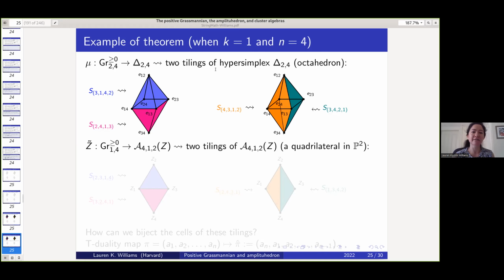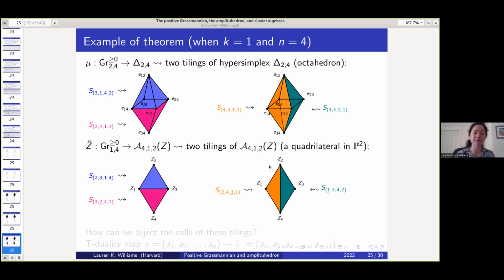And now on the other hand, I have the amplituhedron map from G14 to the amplituhedron. And this amplituhedron, since k is 1 and n is 4, is just a quadrilateral. And there are exactly 2 tilings of this quadrilateral, again shown in these pictures, together with the cells which map onto the tiles. And our theorem says that these tilings, the tilings for the hypersimplex, are in bijection with the